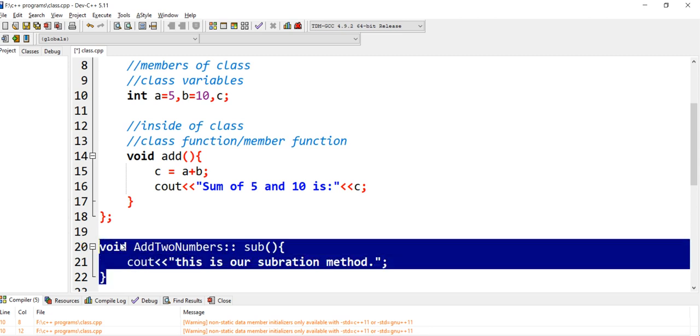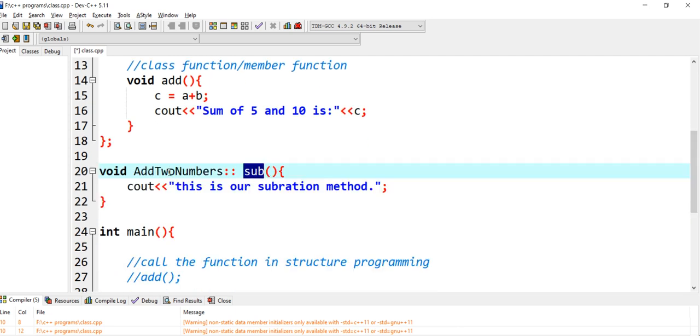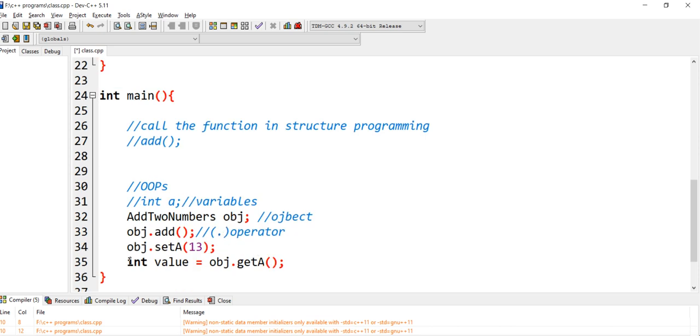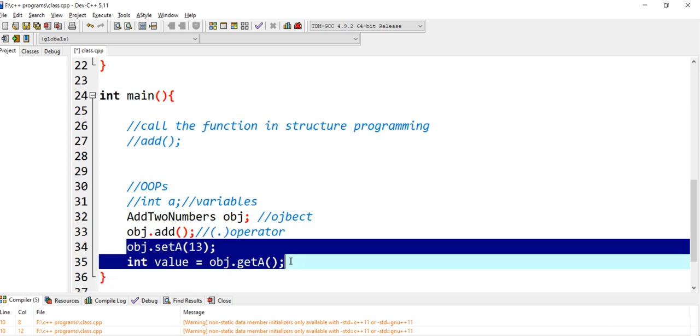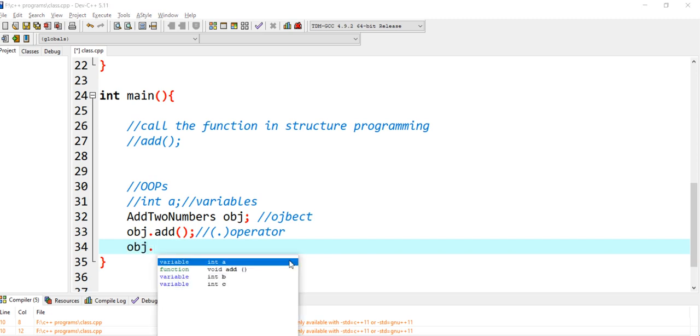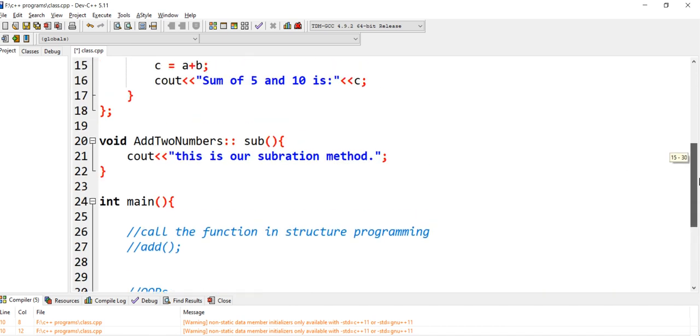So this is how we make the mark that this subtraction method belongs to this class. And now I can simply call this function by using the object of our class: object dot subtract. This is going to call the function subtract.